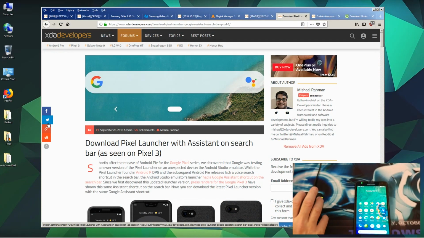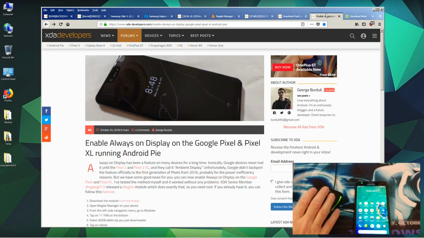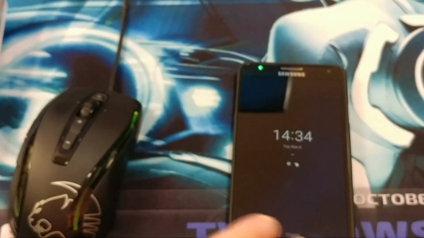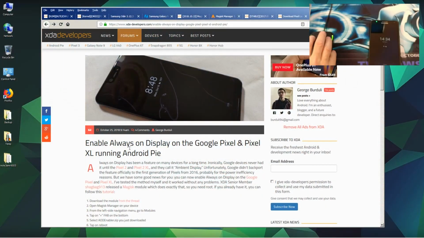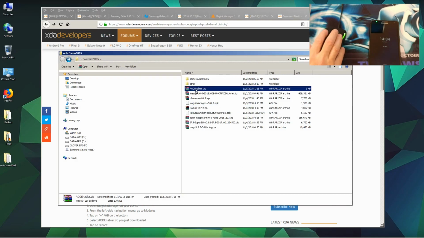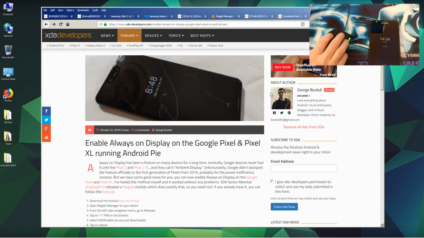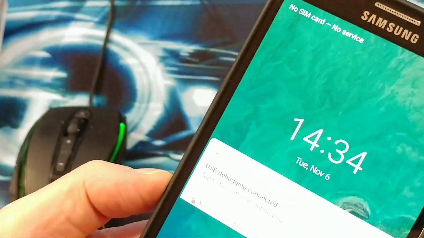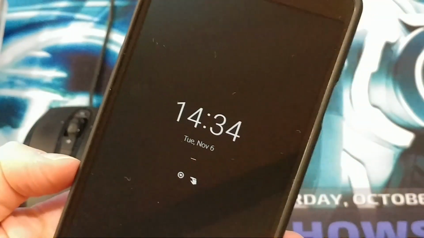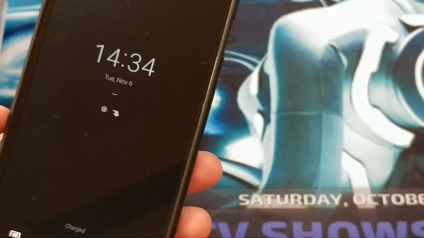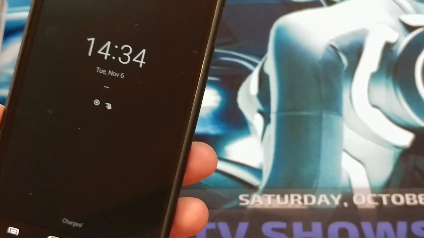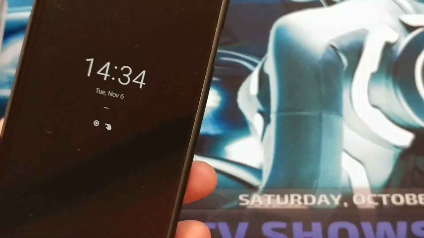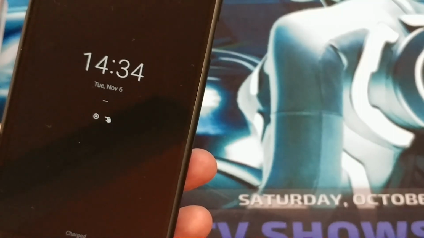So the next file we are going to download is the Always On Display. If I just press the power button, then normally it will stay all black with no time, nothing at all. When you install this tool, called the Always On Display Enabler, then you will have this screen right here, and then just double tap to get out of it, which is the Always On Display, which is really nice. I like it. You install that from Magisk Manager, so that is why it is important to have Magisk Manager, so you can install all kinds of tweaks and tools, and that is really nice. Alright,